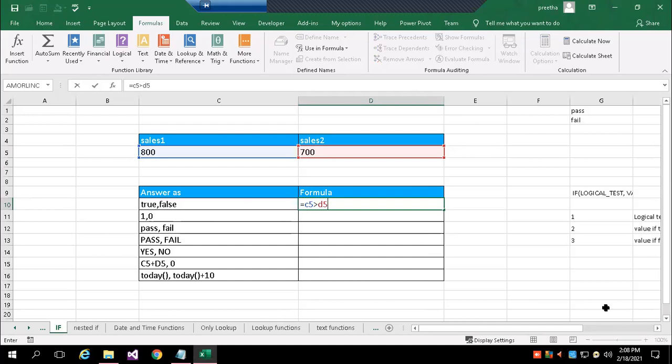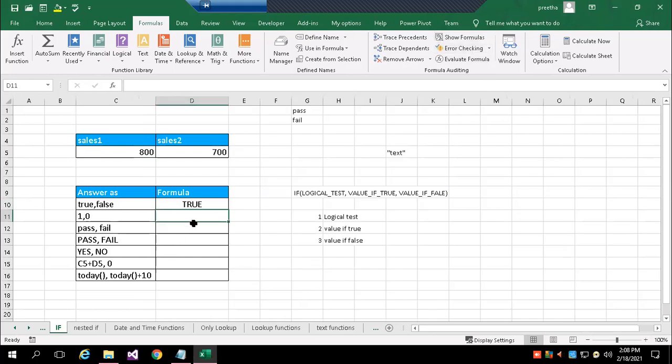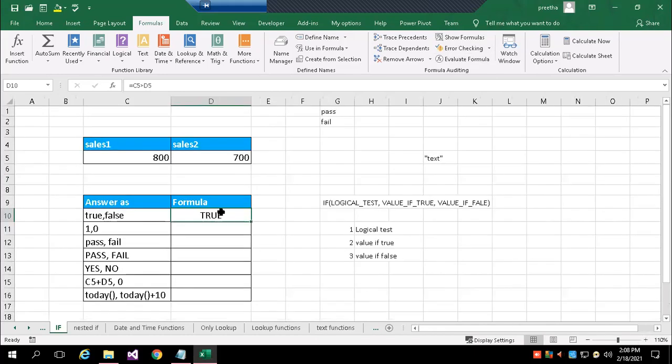So 800 is greater than 700. I am checking, so this condition is satisfied. If satisfied, then what will I get here? The result as true. You can see here the result we are getting is true.